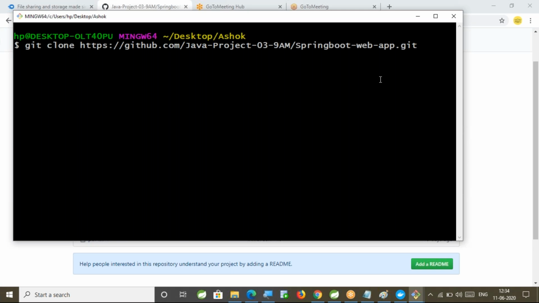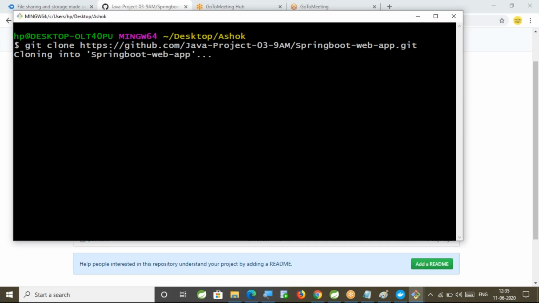Then what will happen? From which branch is it going to clone that code? So I'm directly executing git clone repository URL. It is going to clone the code from the default branch, which is called master.